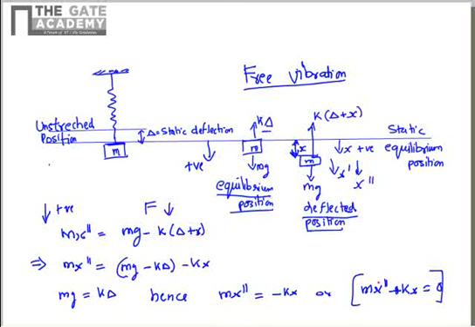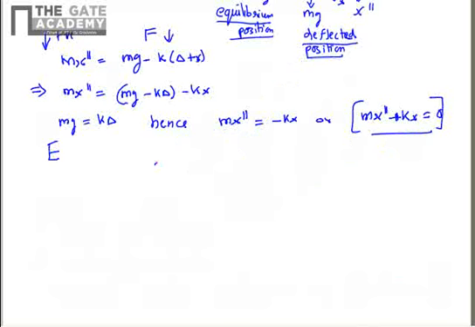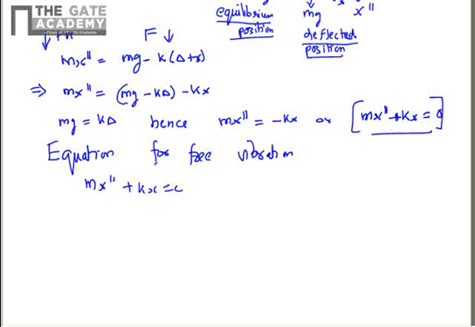Simplify this equation, and you'll get the equation for free vibration. So this is the equation for free vibration: m x double dash plus k x equal to 0. This equation can be rearranged to be written in this way: x double dash plus k by m x is equal to 0. So if you compare this equation with a homogeneous second order